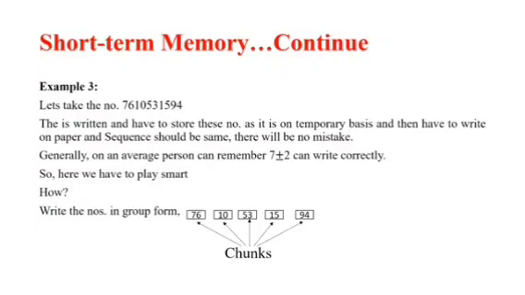As you can see, the number 7610531594 is written in the form of groups. 76 is one group, 10 is another group, and 5315 and 94 are different groups. These are nothing but chunks. The benefit of writing in chunks is that it helps you remember the number easily. Next,